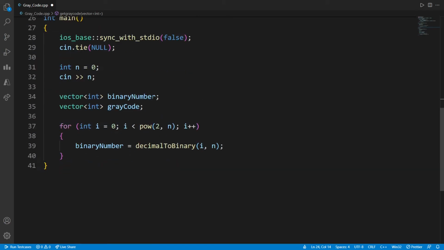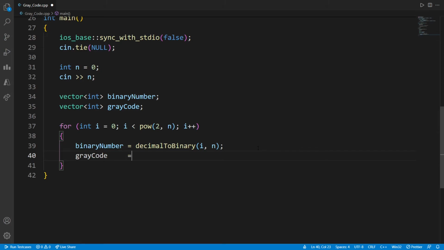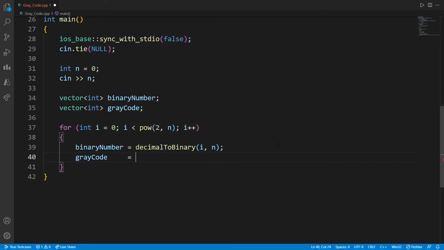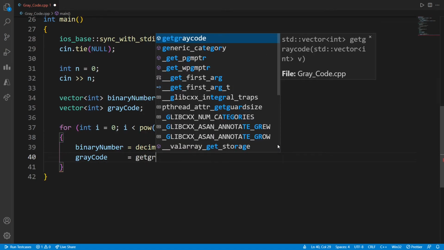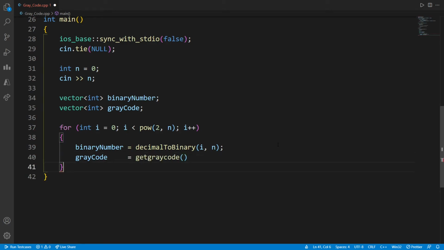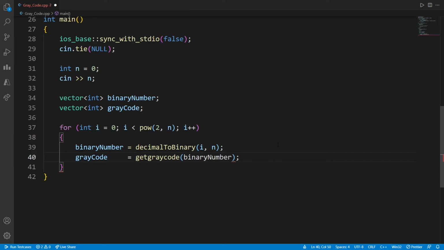Now we have the gray code, so let's call this function, get gray code, and we need to pass the binary number. Now we have the gray code.